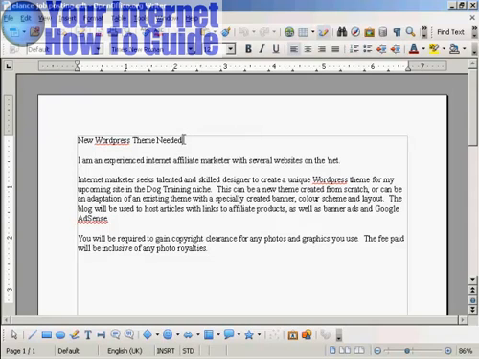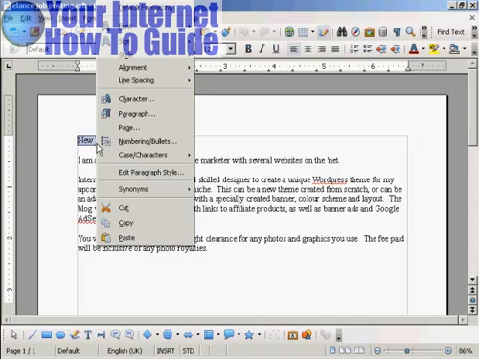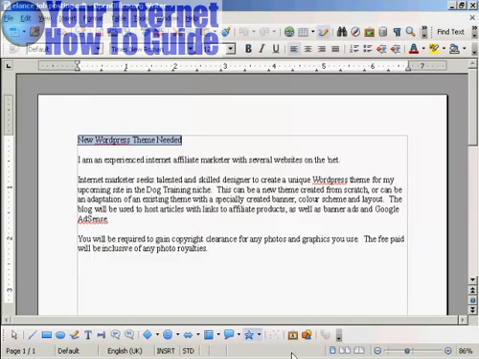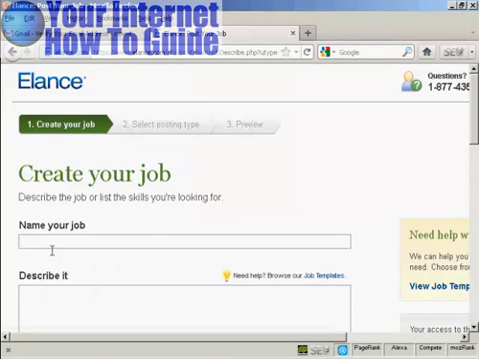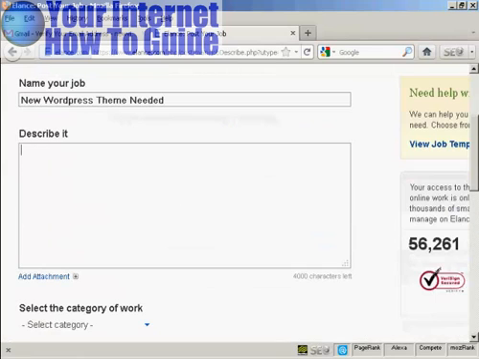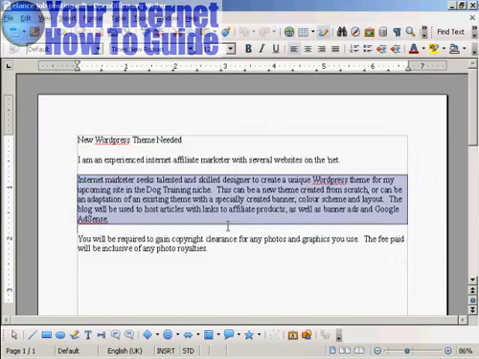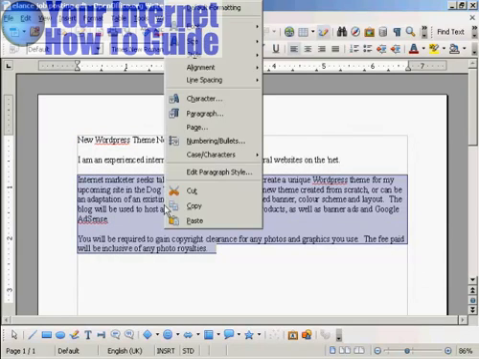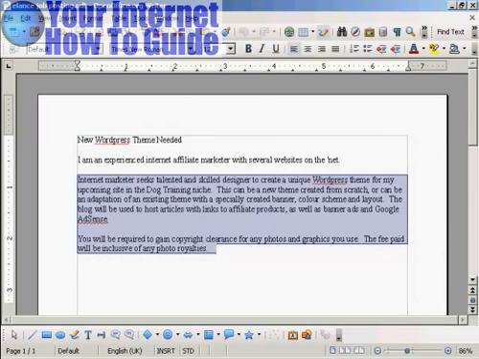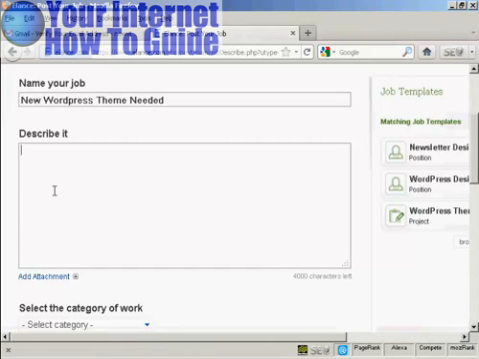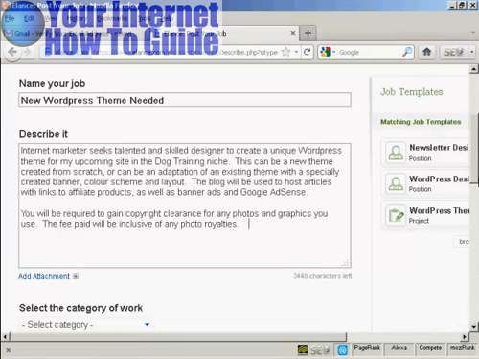So this is the job that we're going to post. New WordPress theme needed, so I'm going to highlight all this one paragraph at a time and copy that so we can put that in, and then here is my job that I want to have somebody do. I can post that in,